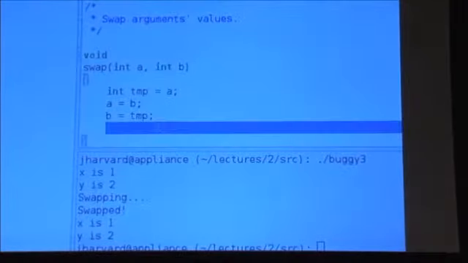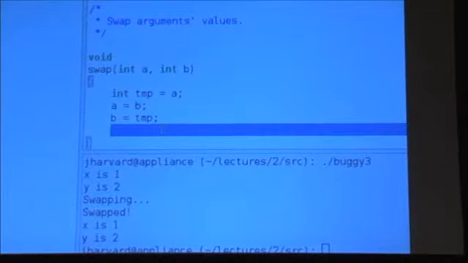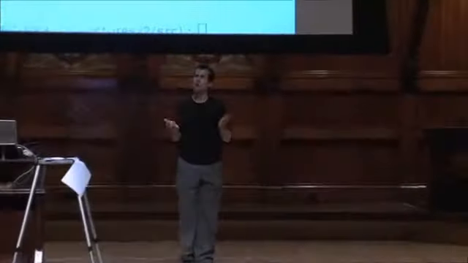I've got a and b. I put a in a temporary variable. I change b. I put b in a, and then I put this guy here. Right, so that logically feels correct. And in fact, at the very last line here, where my cursor currently is, a and b have, yes, been swapped. But we just saw when I run this program that x and y are not swapped, even though I'm passing x and y to this function. So where do things break?